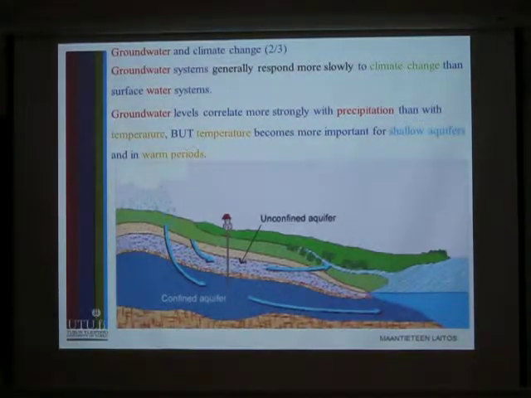Actually, groundwater generally responds more slowly to climate change than surface water. Because, as I said, the main source of groundwater is precipitation. As I mentioned, a very simple phrase that